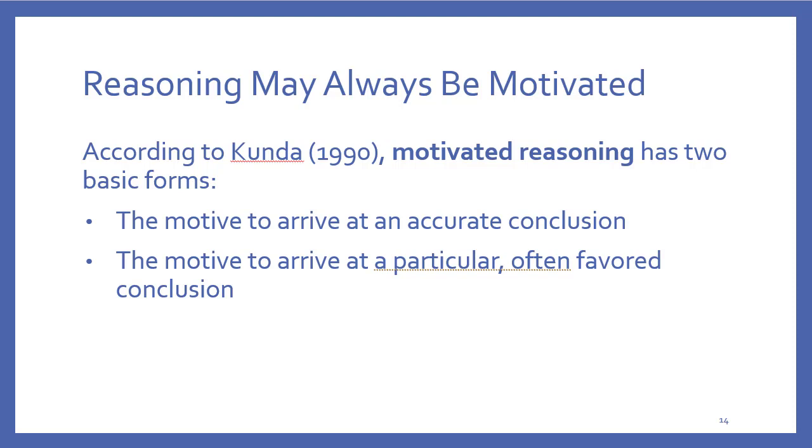So in the case of the people who panicked during the War of the Worlds misperception, they used motivated reasoning where they were trying to arrive at a particular favored conclusion. Not favored in terms of the outcome, but the favored conclusion that made the most sense to them, which is what we go by. We go by what makes sense to us, not what the reality is, most of the time. Unless you're using a critical thinking lens, or it just so happens that what you wish to happen and what actually happens is the same thing, you're probably going to be engaging in that motivated reasoning that's more negative.